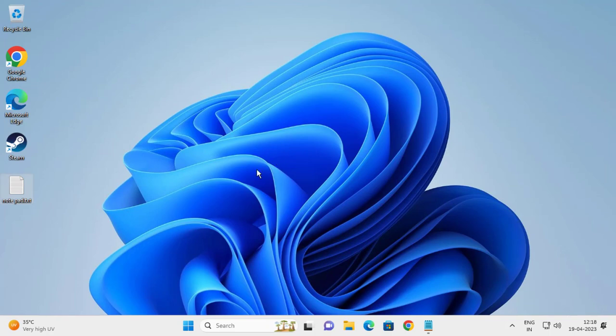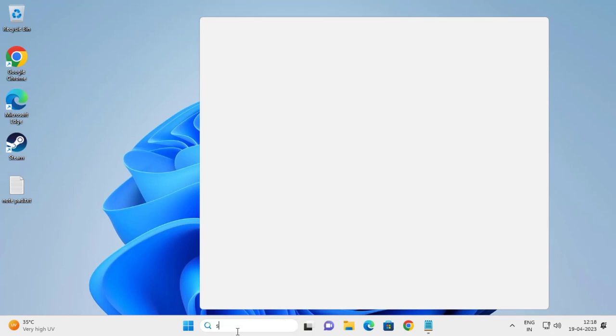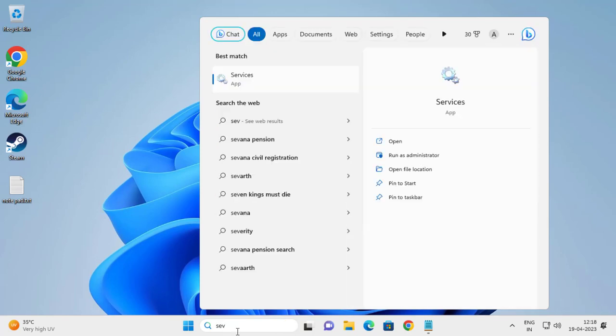Check the power supply of the printer and try to restart both devices, turning them off and on, and try this as well, guys. Go to the search menu and type services, open it,